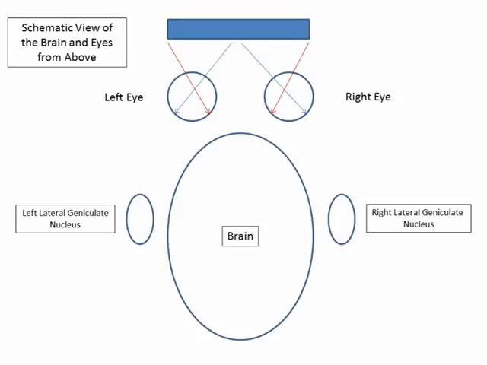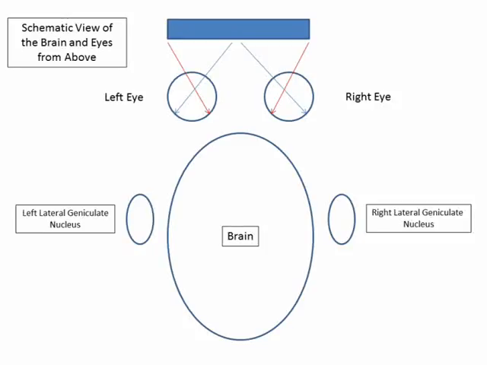In order to see this, what has to happen is that light will bounce off the blue block. So you've got a light source, it's giving off light rays which are bouncing off the object and into the backs of your eyes. And the eyes are spherical, and on the back of the eye is a photosensitive layer called the retina. So as soon as those rays hit the retina, they